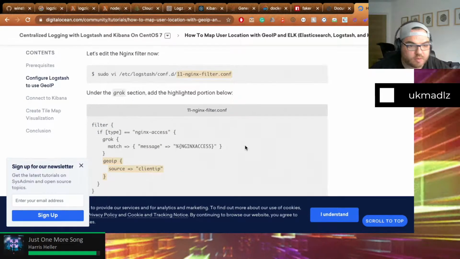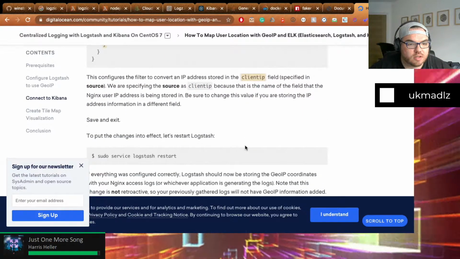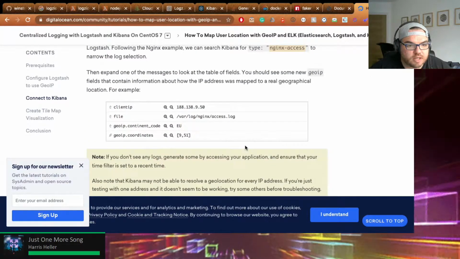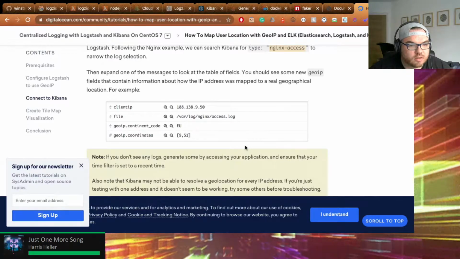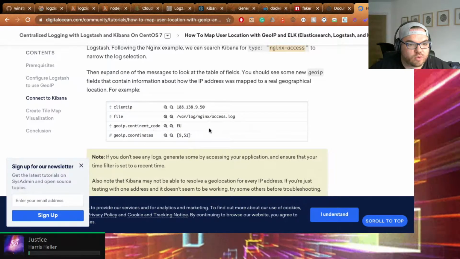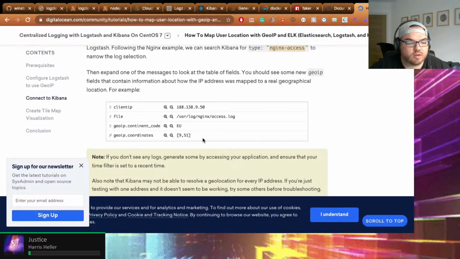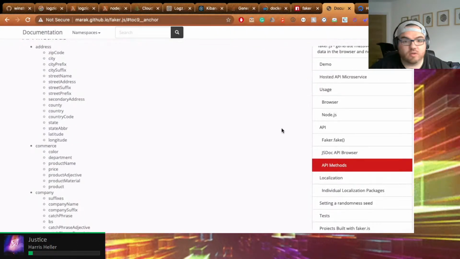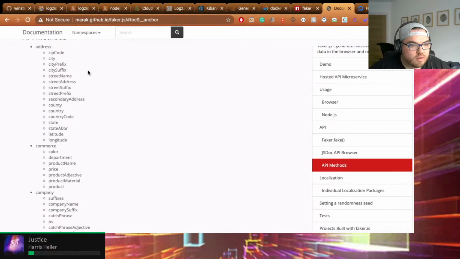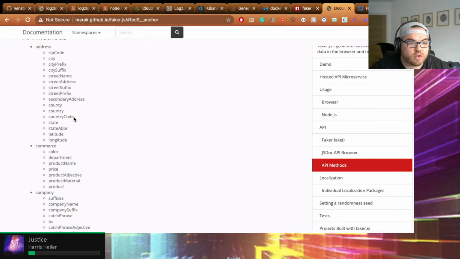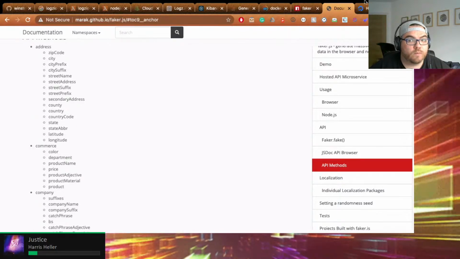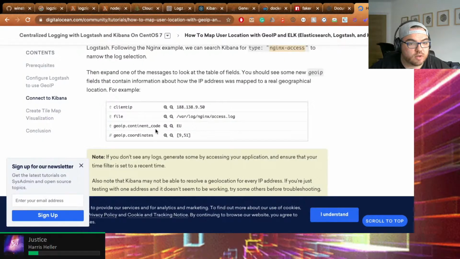Configure. Yes, I'm not worried about that. What I do want is what format does it expect it in? Aha! Continent code, and now does Faker give us a continent code? No, it gives us a country code, and then we can format that. So let's do that, shall we?